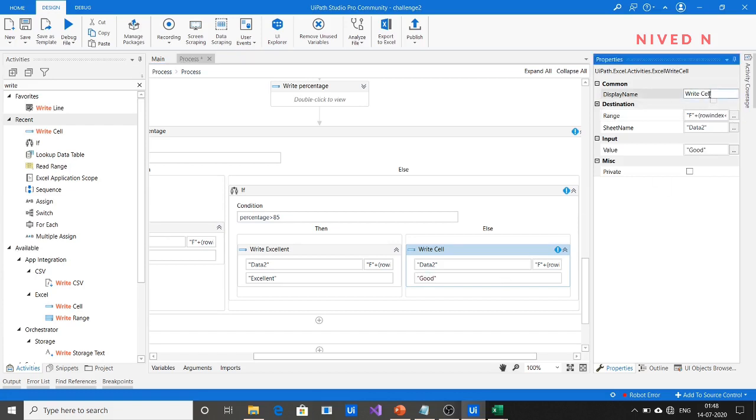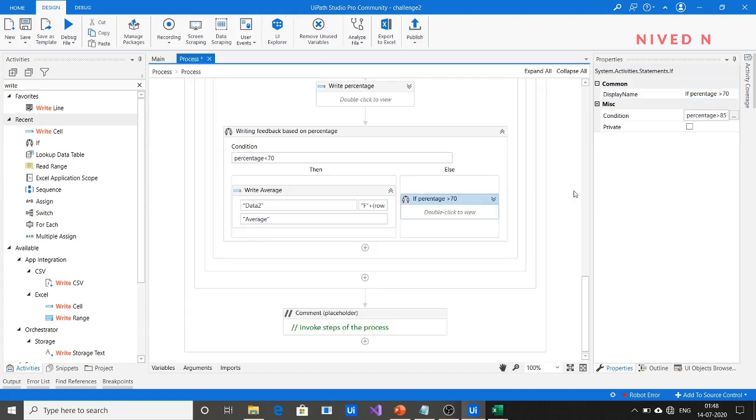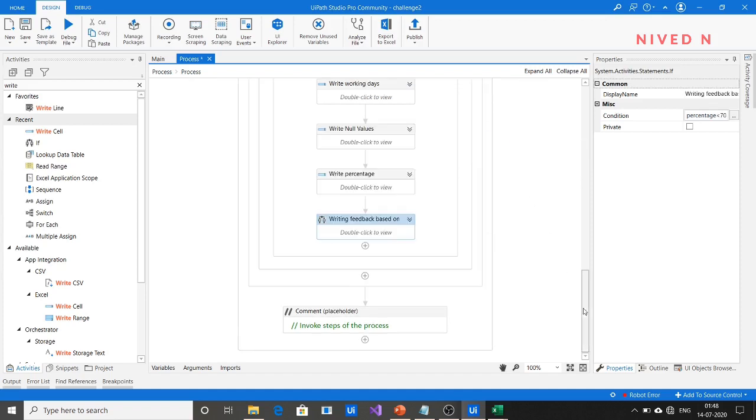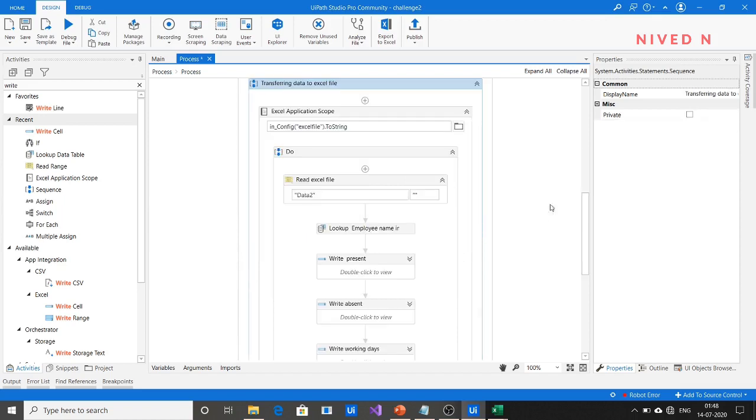So provide a particular name for this, like good. Okay. So if percentage is between 70 and 85, that is what we are providing here. These are all written in the Excel application scope itself. Okay, so I think we have completed the process workflow.